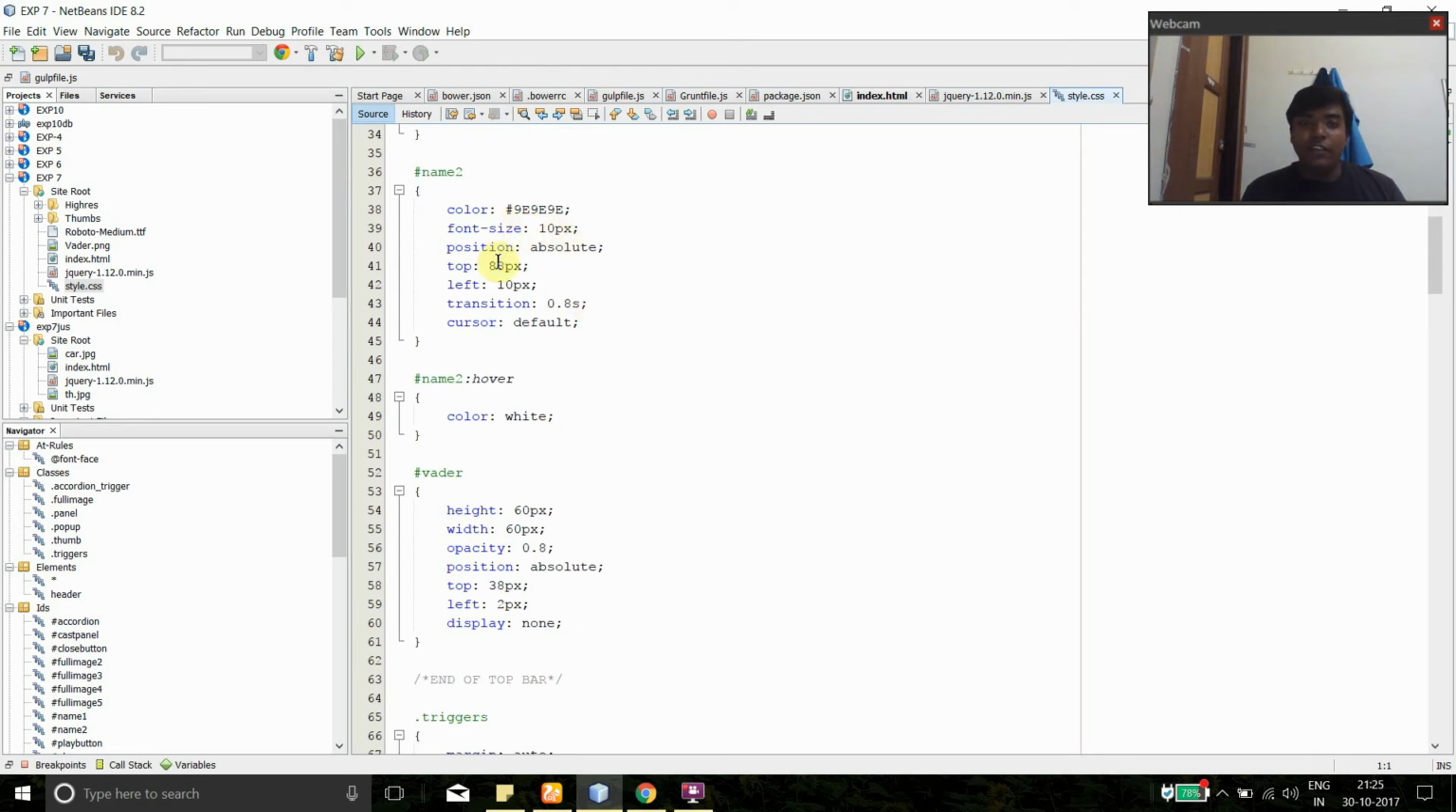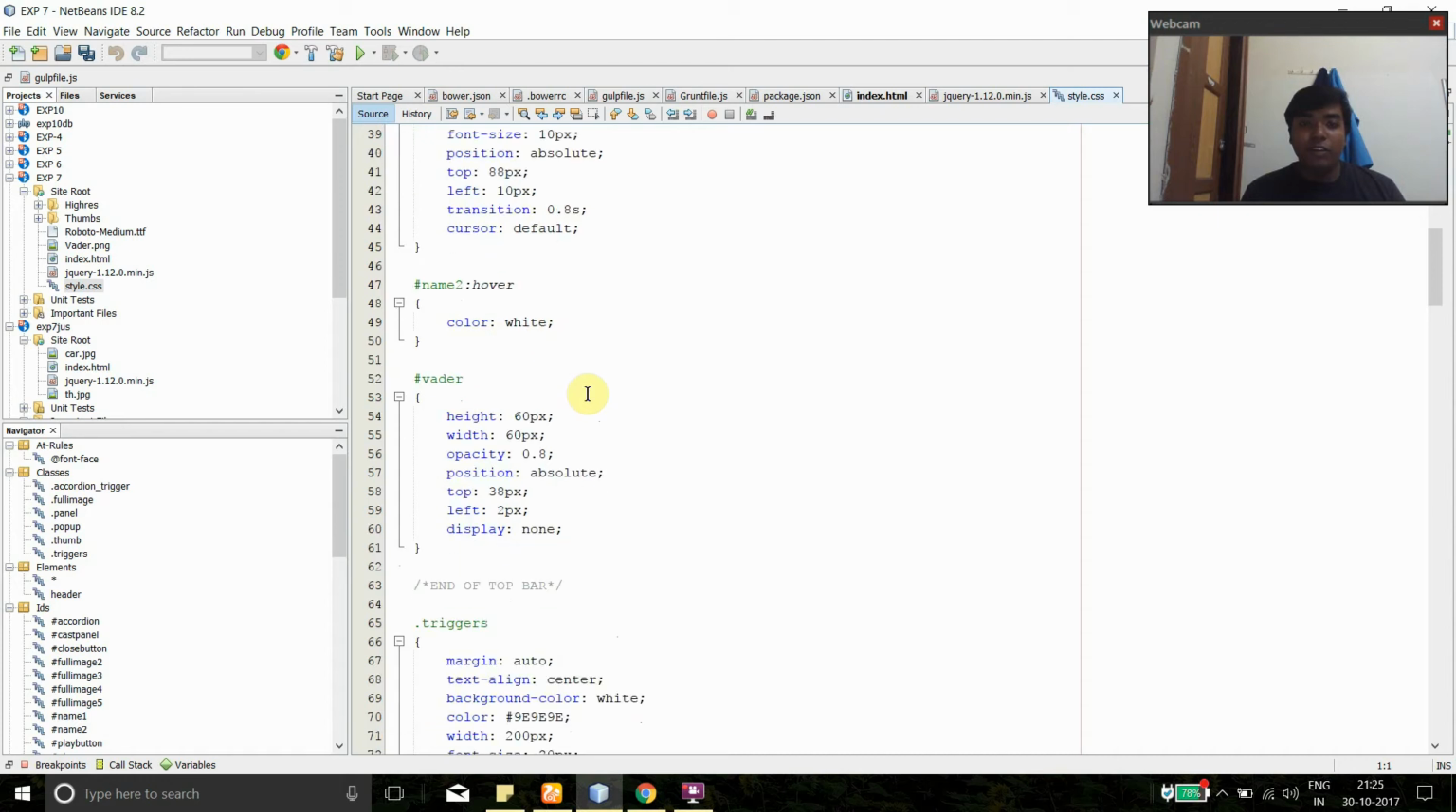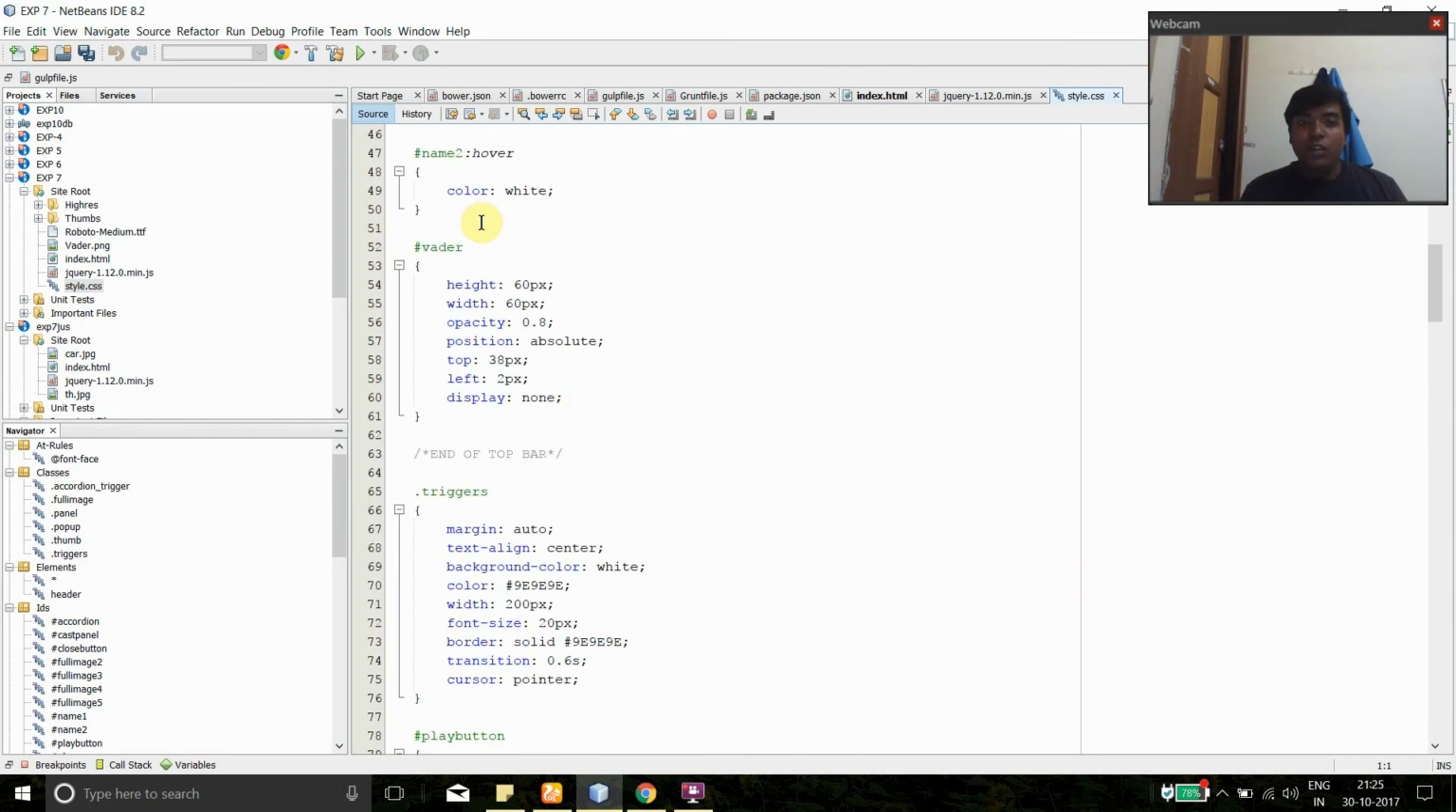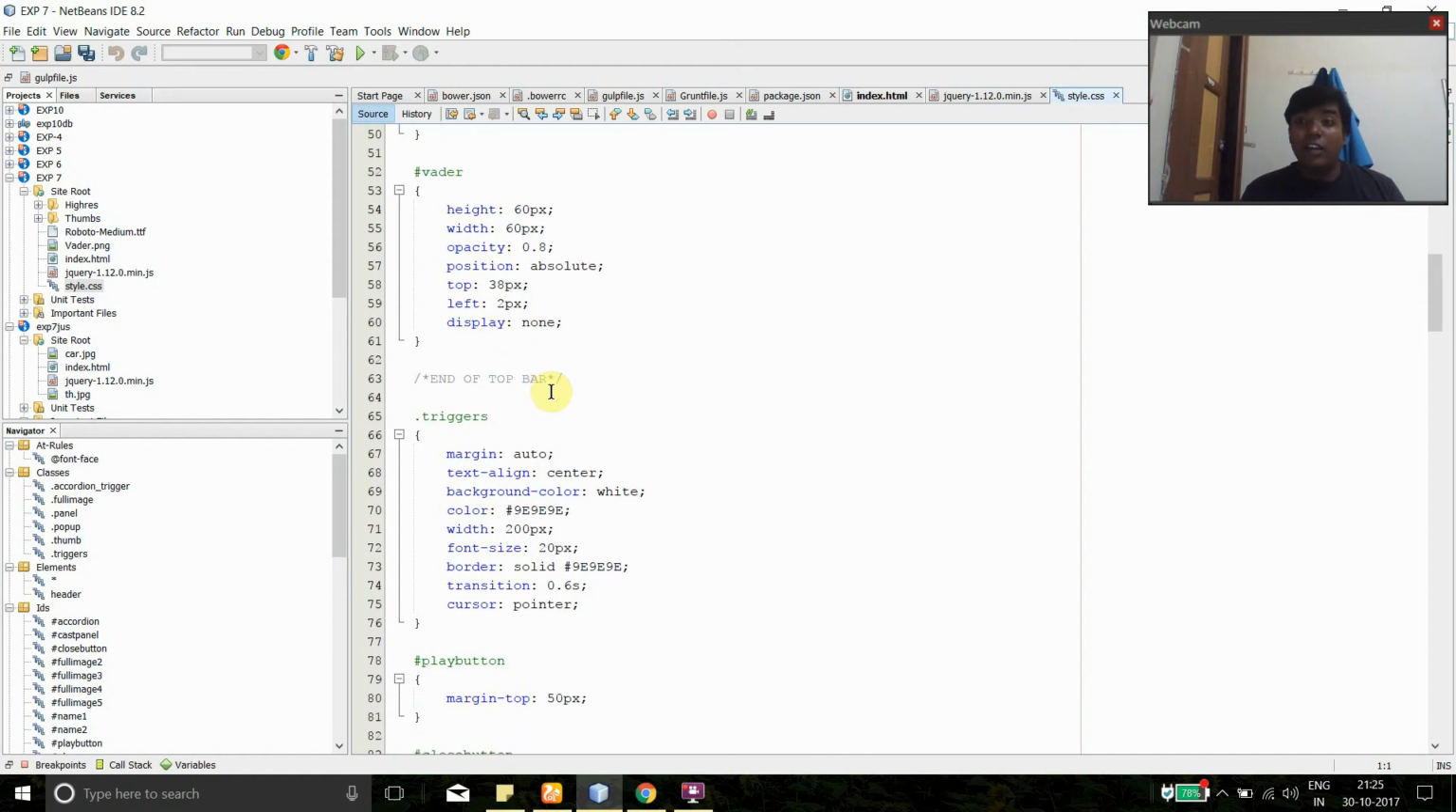as 10 pixel I have given. Then talking about the position, that position is absolute, then top will be 88 pixel, left will be 10 pixel, transition will be 0.8 second, and cursor will be default. Again for name 2 I have given hover, and this color will be white, and for the Vader ID I have given